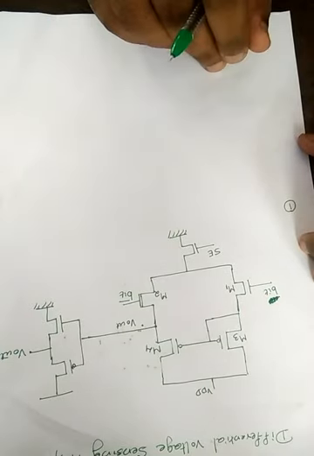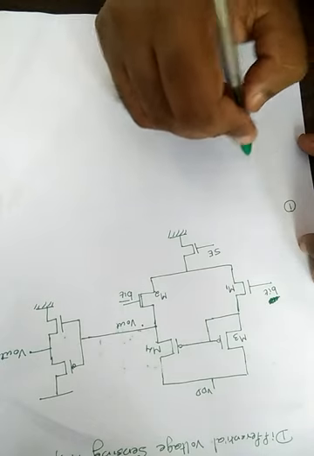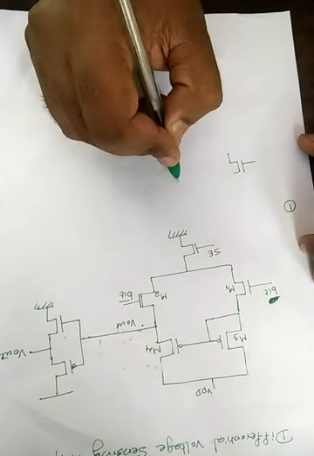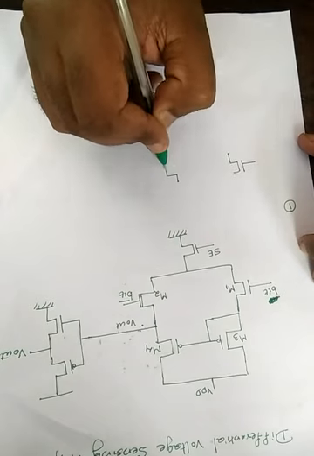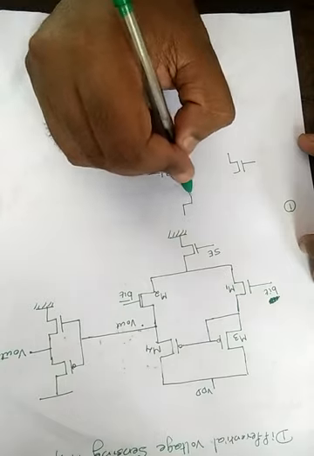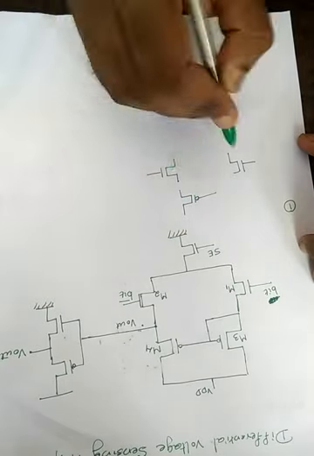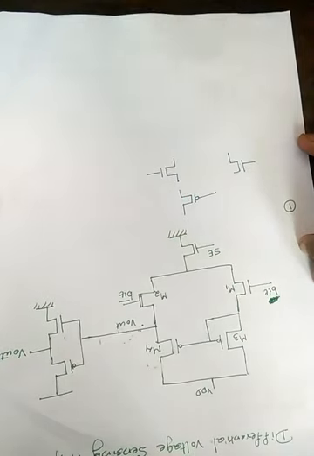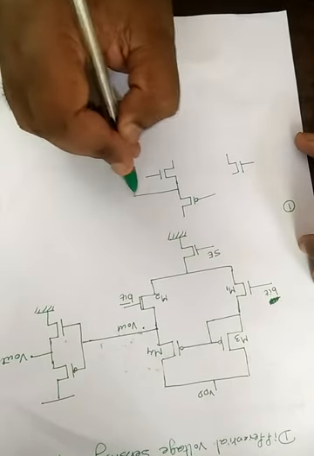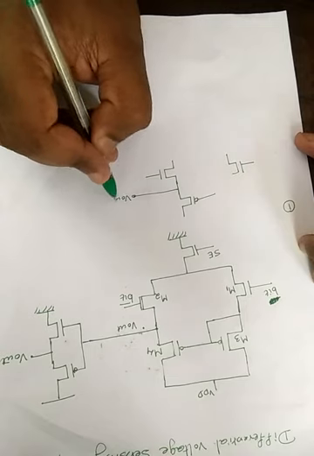So as I told, I want to analyze some other circuit for better analysis of this circuit. The first step that I am going to analyze is I am going to take these three transistors. That is, one is M1 and another is M2 and third one is this M4 transistor. These two are NMOS and this one is a PMOS and the same connection. And I am going to take this terminal as the output terminal.